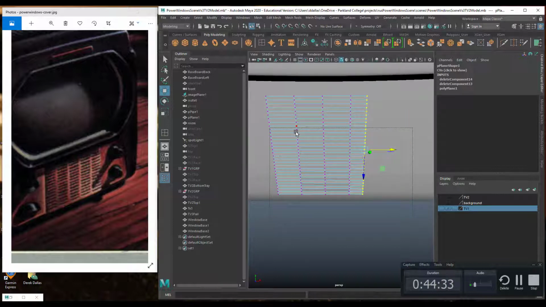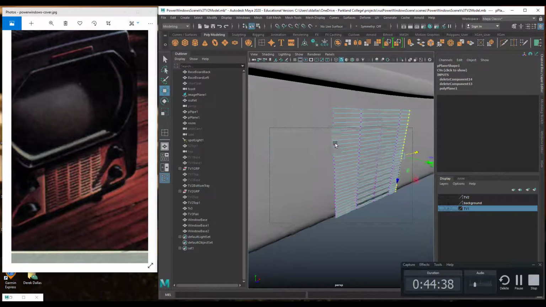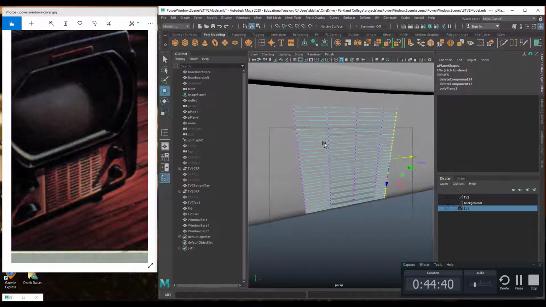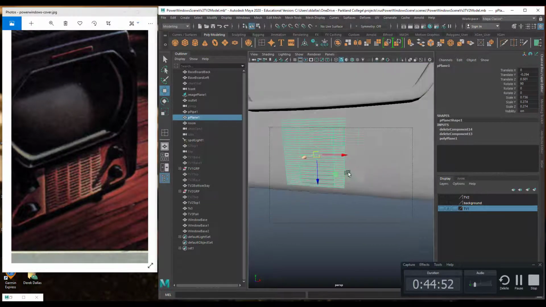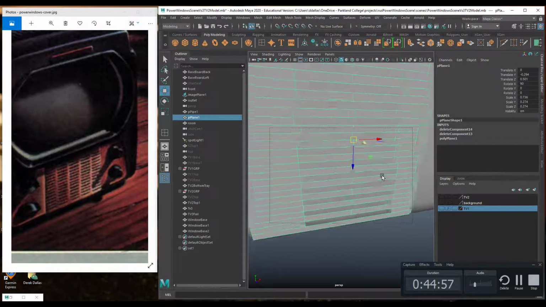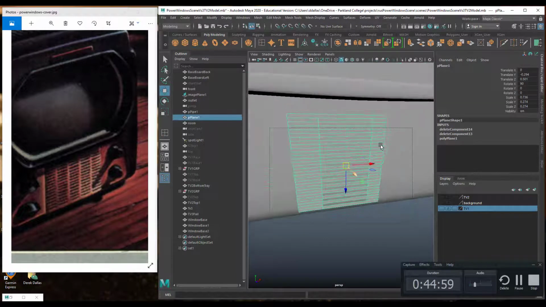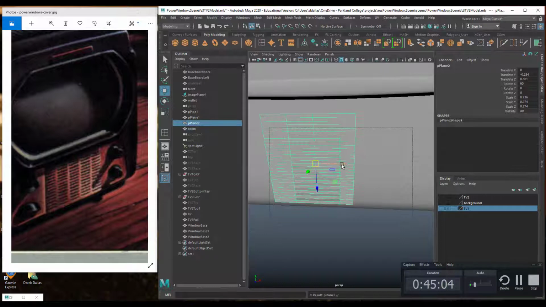I don't want to yet, because what I really want to do is just make some additional things. I don't want this to be too complicated right off the bat. Again, it's one of those things where you're going to have to think about basically how the approach is. So if I hit Control D and duplicated that, and I move this over,